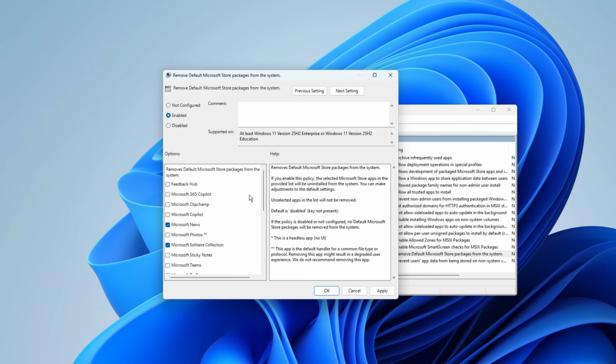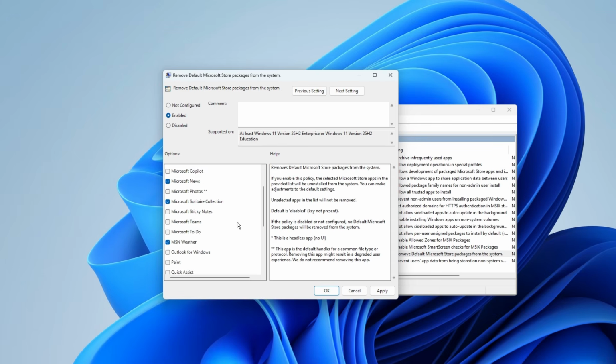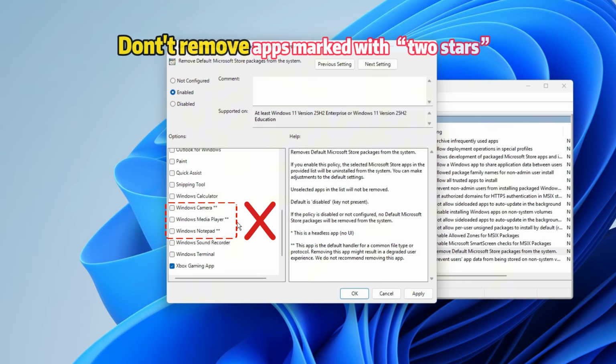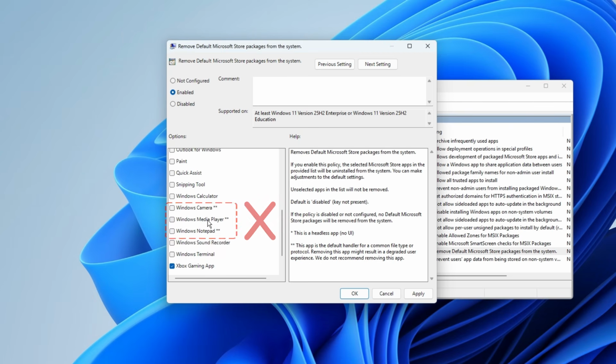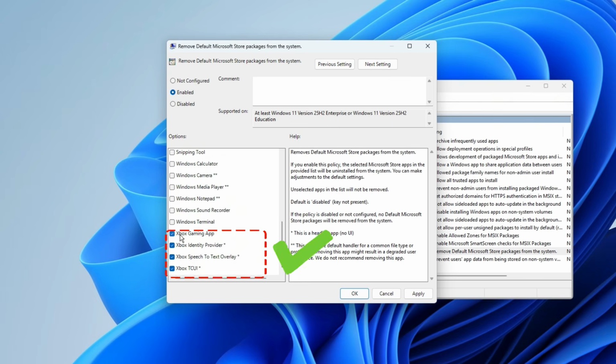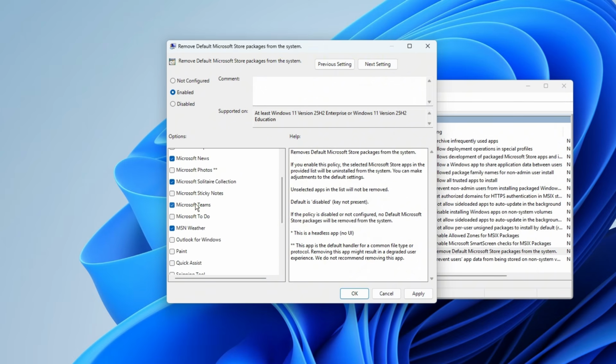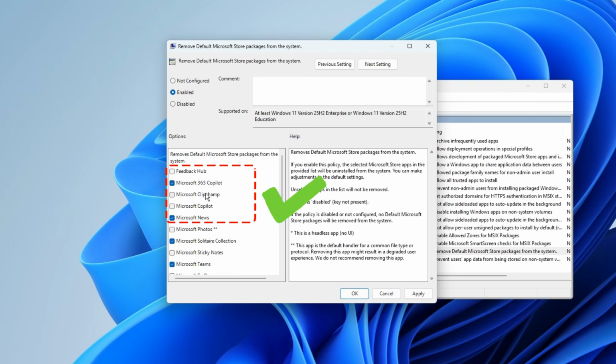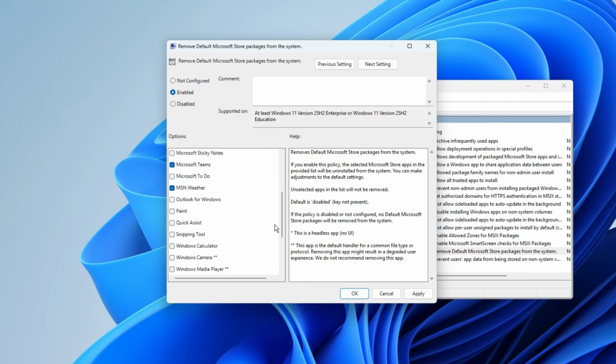You'll notice that some apps are already selected by default, but you can customize the list and choose additional apps to remove. But just keep in mind, apps marked with two stars may impact your experience, so only remove those if you're sure you won't need them. For example, I disable all Xbox apps on my computer because I don't want to use them. The same goes for apps like Microsoft Teams, Copilot, and Clipchamp. If you have better alternatives, or even the Feedback Hub, at the end of the day, it really depends on